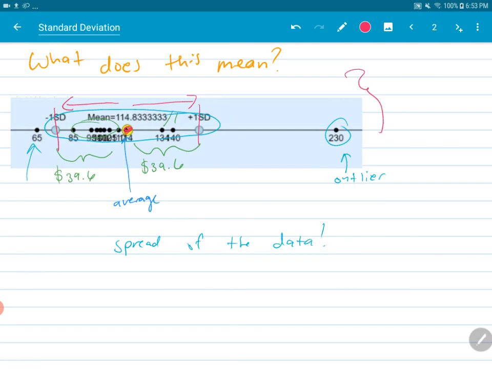But the farther away those dots are, if they're over here and here and here, and outside of those kind of guidelines, then you have much more spread out data. So I hope that makes sense,